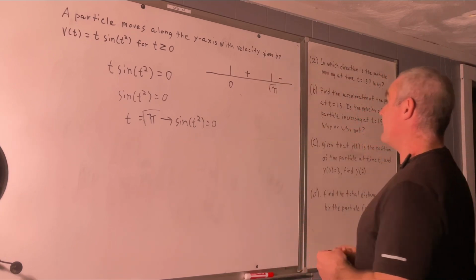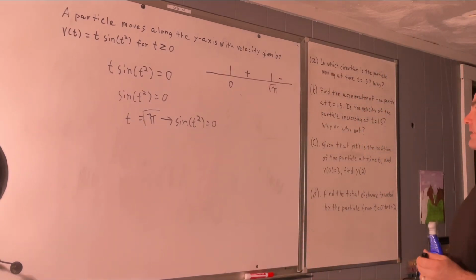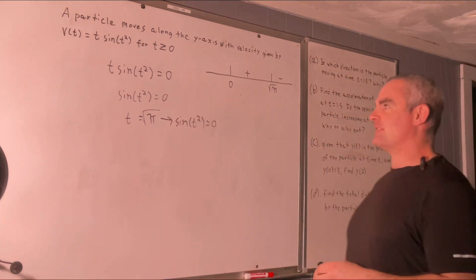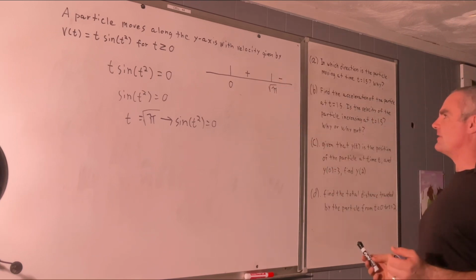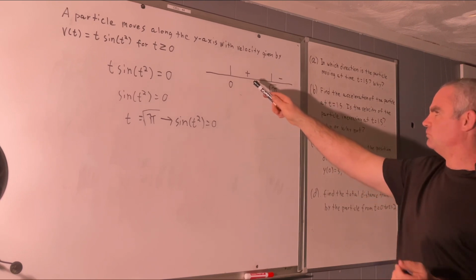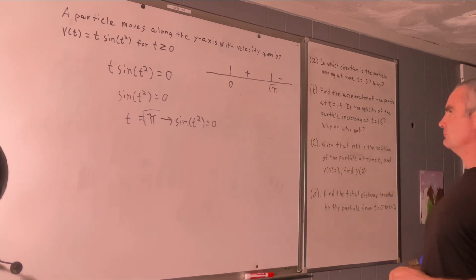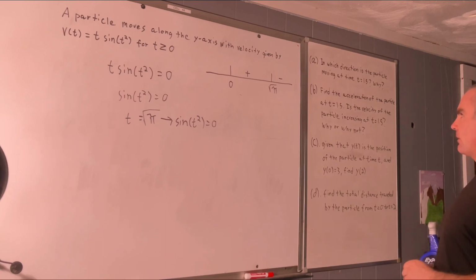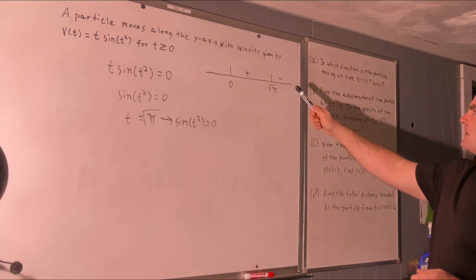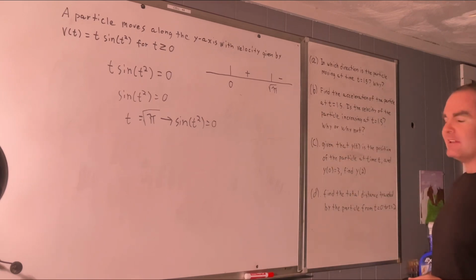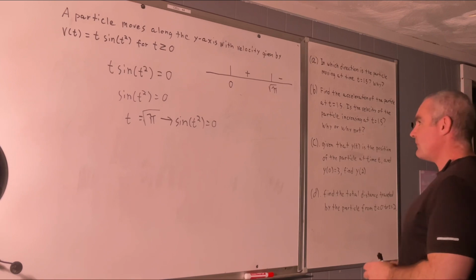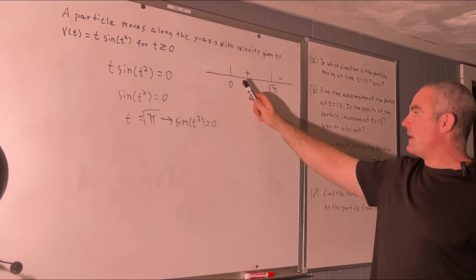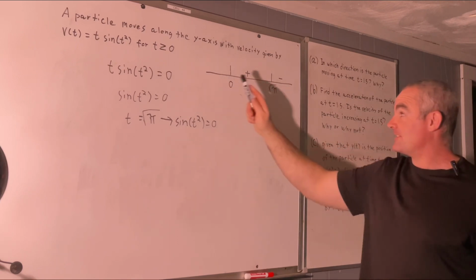And like I said, on this portion of the test, you are allowed to use a calculator. So you could plug in 1 times sine of 1 squared and see that it was a positive number and just put it in there. And then put something like 2. You could just see what it is at the end. Or maybe just anything a little bit bigger than the square root of pi, but less than 2. Plug that value in for t into your calculator, and you'd get a negative number. Okay. So we've determined that this thing is going up, because remember, our velocity is positive, so this thing's